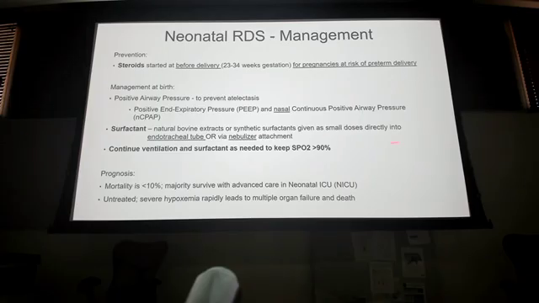Then you're going to give them surfactant, right? So you can nebulize it or put it directly in their ET tube. I've never nebulized it. But what it was is you would have your little premature baby. They have an ET tube, you put the surfactant in there, right? And then you would kind of rotate them to make sure it got in all the lobes and everything. You bag them throughout it, so you just kind of do this motion for the premature baby with that surfactant to get it all in there.